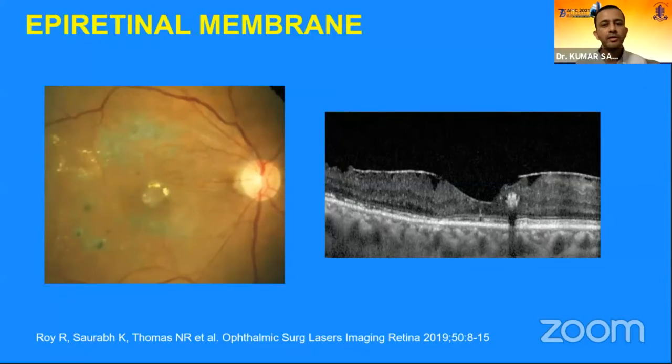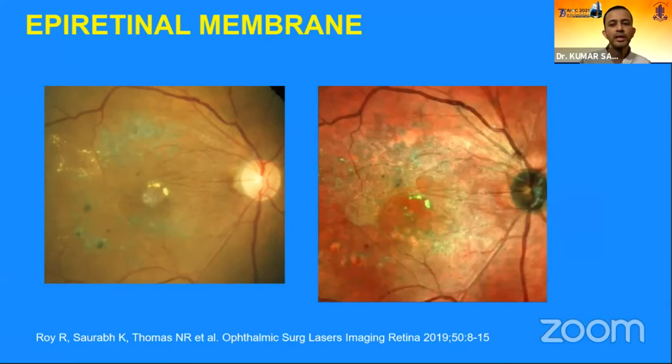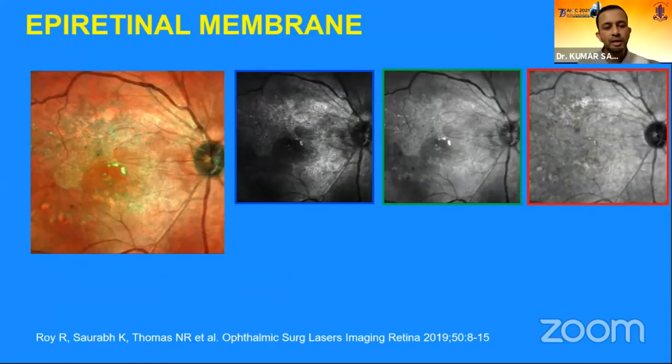Going a little deeper into the superficial or inner retinal structures, here we see the right eye of a patient who has some laser scars, and we can hardly see some old hard exudates, and that's it. But OCT shows that there is an ERM, which is barely seen on color fundus photography, and we have to rely on the OCT. Again, if we do a multicolor image, we can see a greenish sheen on the surface of the retina, and that demarcates the areas of epiretinal membrane.